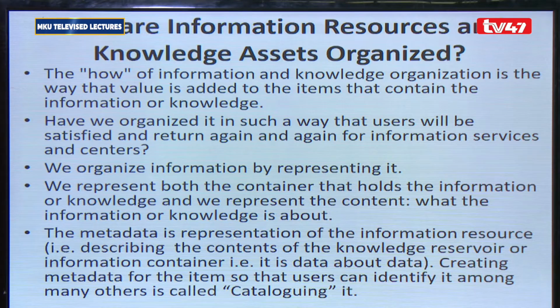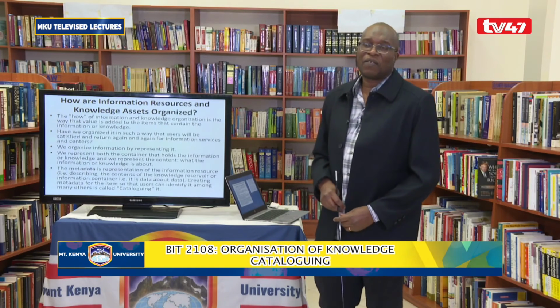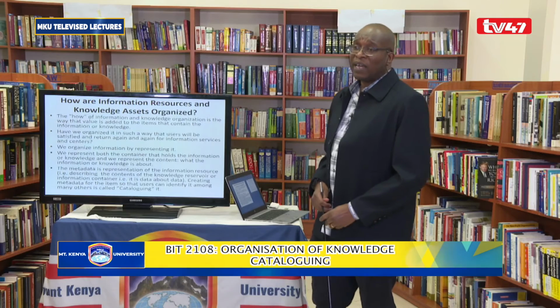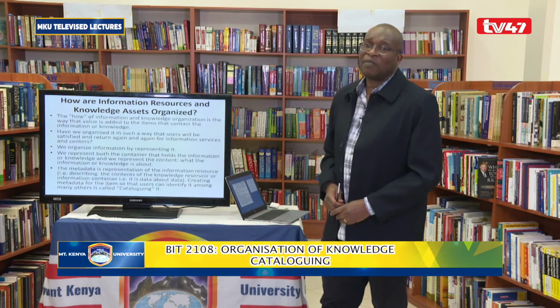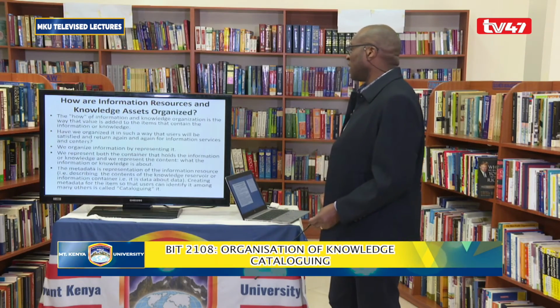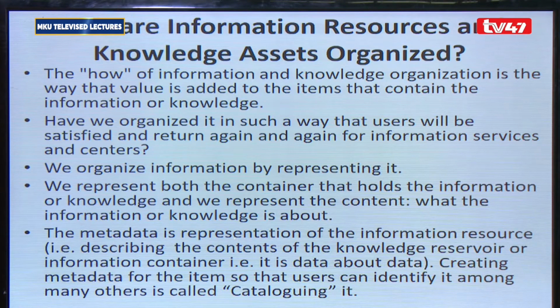So if you are able to organize the information in such a manner that somebody can immediately identify the information that they want, that would be very, very critical and very helpful to them. And that adds value to the information resources. So we have organized it in such a way that users will be satisfied and return again and again for information